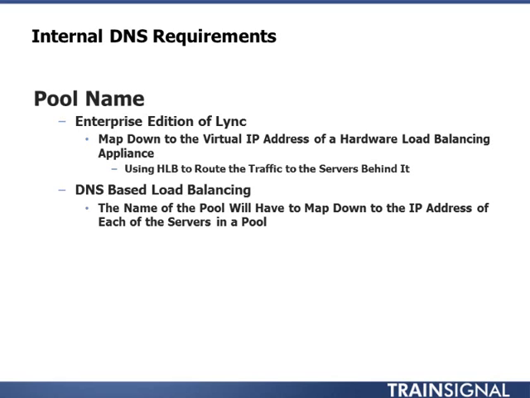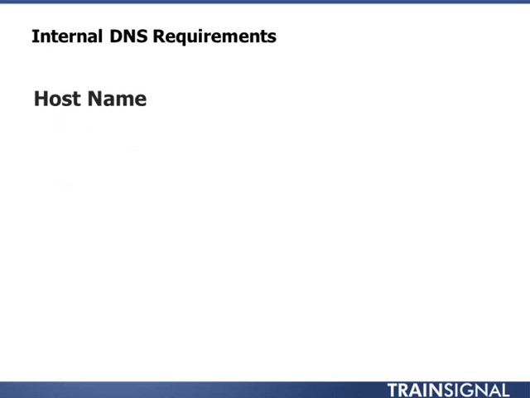So if I have 3 front-end servers, pool.carverockfitness.com will be added into DNS more than once for each server in the pool. It uses a combination of round-robin and technology developed into your clients, so it knows how to fail over based upon those round-robin responses. Each of your Microsoft Lync servers within your organization are also going to require a hostname